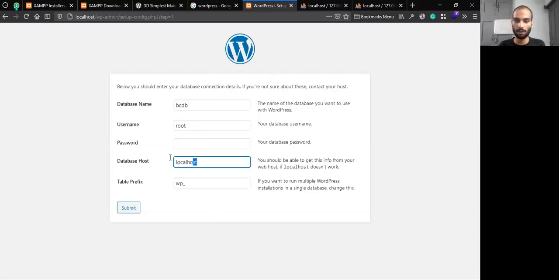Localhost will be there. Mostly it is localhost only, meaning there will be rare chances when it will be something else. It is needed only when you go into more advanced setups. Okay. So now